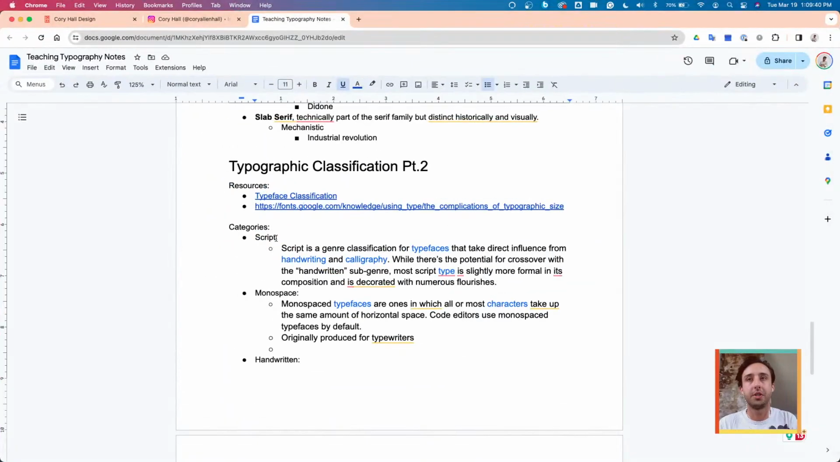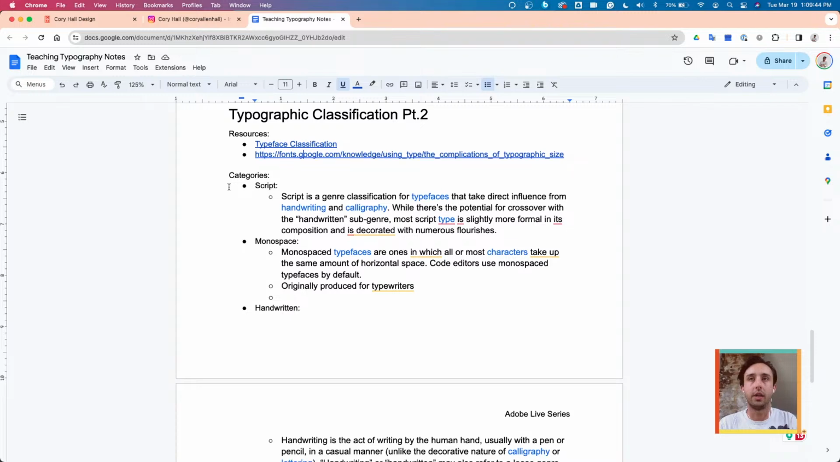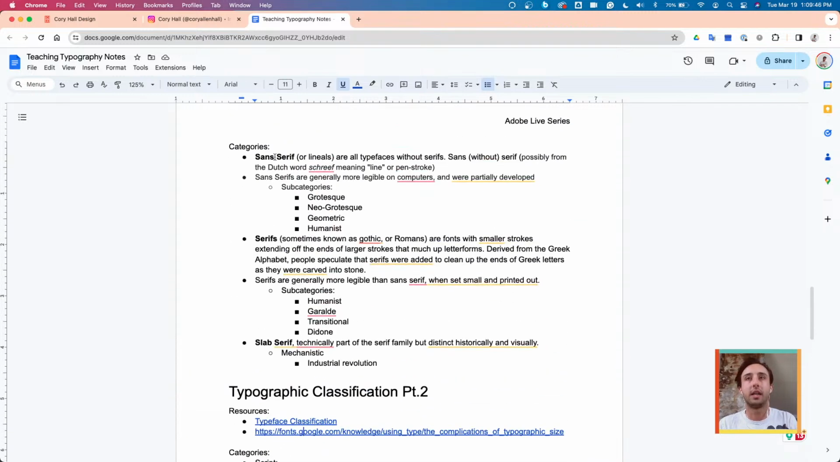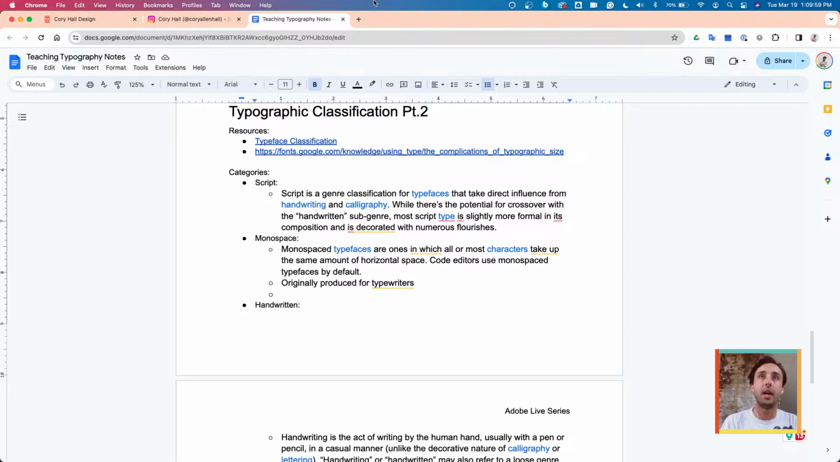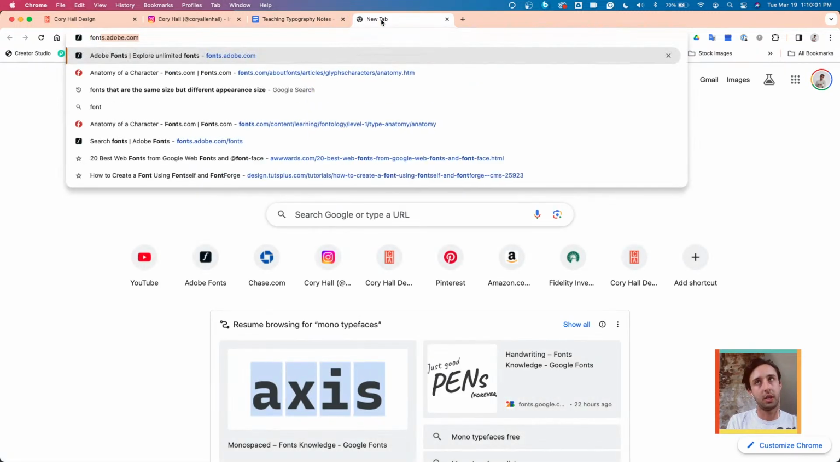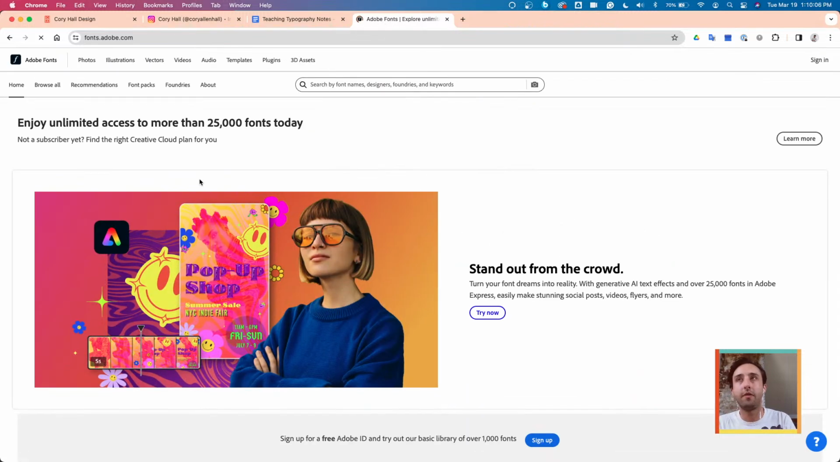I'm going to head back over to my notes really quick and talk through the different categories that we are looking at. So, like I mentioned, 2 weeks ago we had sans serif, serifs, and slab serifs, in which we looked at their definitions and some different examples of them. And then this week, we'll be looking at script, monospace, and handwritten. The reason that I chose these is because if you go over to Adobe Fonts, and browse all Adobe fonts, you can see